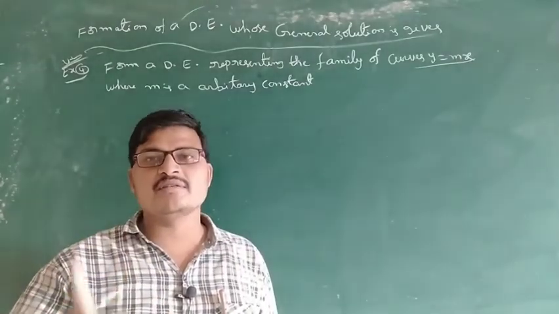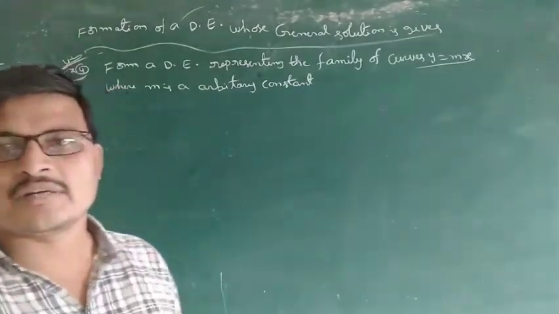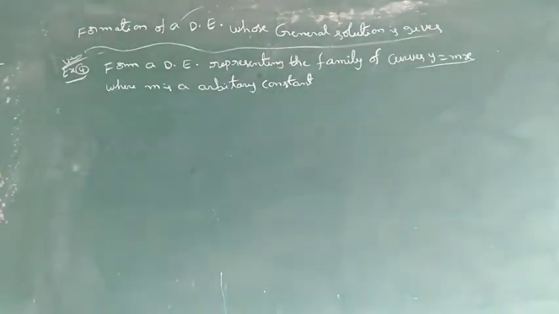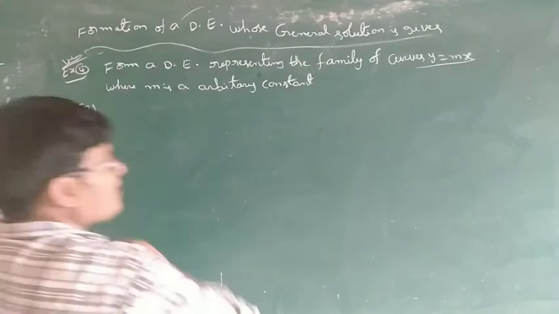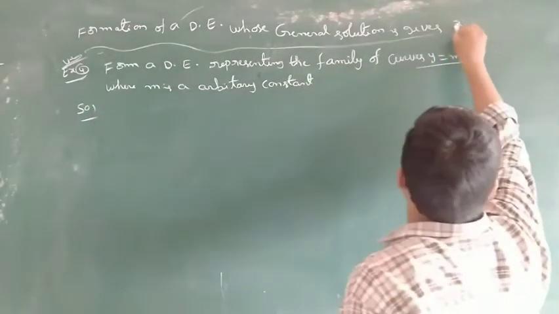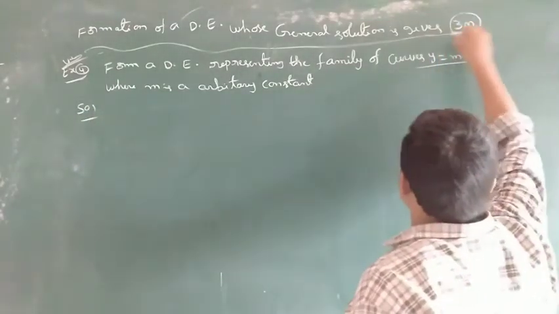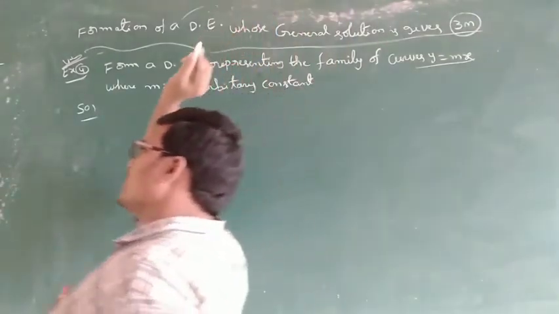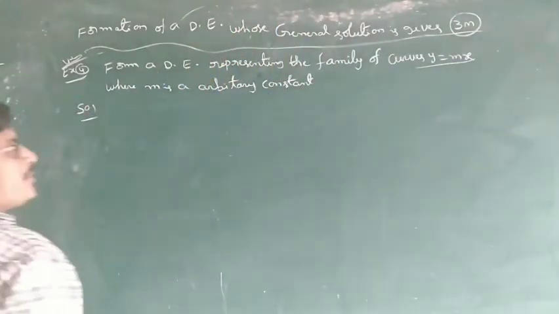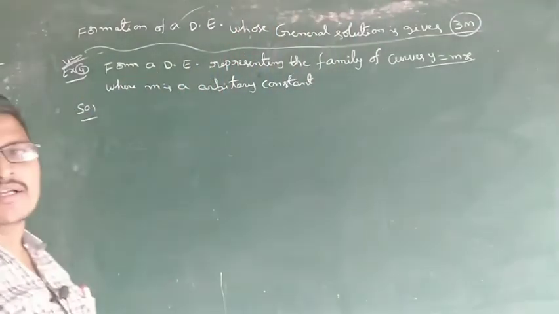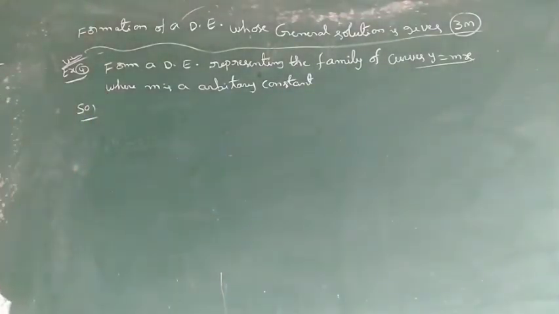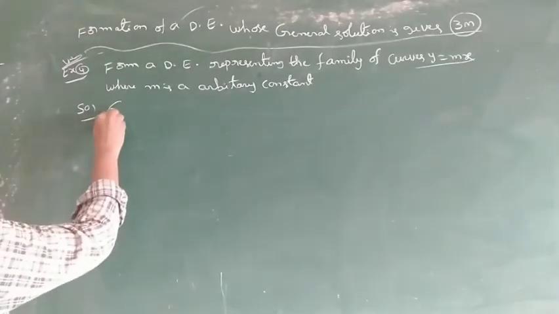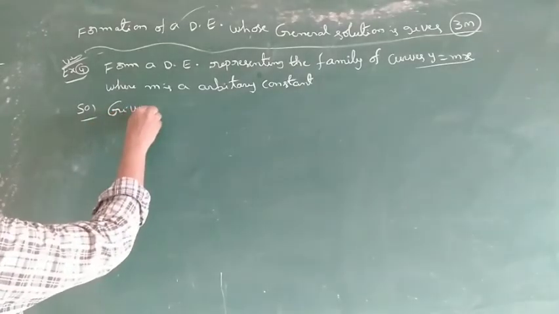Arbitrary constants should not be there. Should not be there in the arbitrary constant. So, very important, compulsory 3 marks question. This is chapter 10 marks, 5 plus 3 plus 2. 2 marks question is only order and degree, and 3 marks question is, this is the 3 marks question, form a differential equation method.